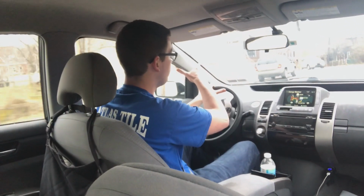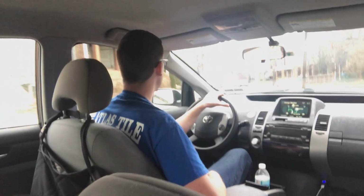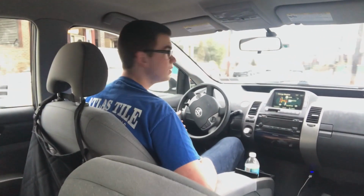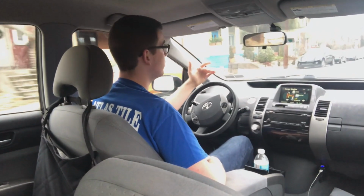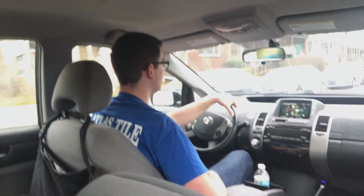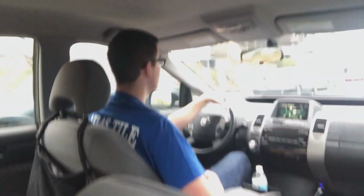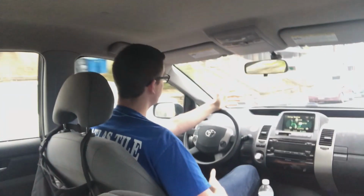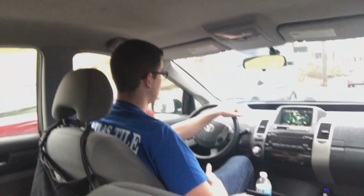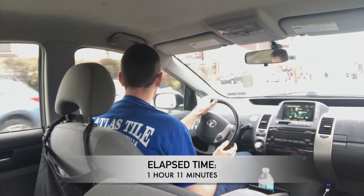So you can see how fast that car was just whipping around this street here. This is a neighborhood street, and this happens for every neighborhood. You know, once people have been around here a while, you just tend to go faster in places. Everyone's guilty of it. You go fast because you know the place, and that's why a lot of accidents happen within a mile of your home. And that's why if your dog is out here on one of these roads, he ventures off the sidewalk or out of people's yards and into the street, that's trouble. I haven't been out here for too long so far,